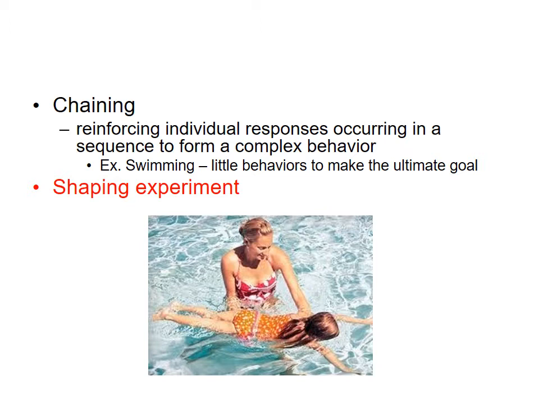In class, we'll do a shaping experiment to look at whether reinforcement or punishment yields quicker results. What you will find in the shaping experiment is that when we shape a behavior, we don't ever tell the person exactly what we want, but we tell them what they're doing right. And they will, within a minute or so, go from no idea about what they're supposed to do to usually figuring it out and doing it perfectly.